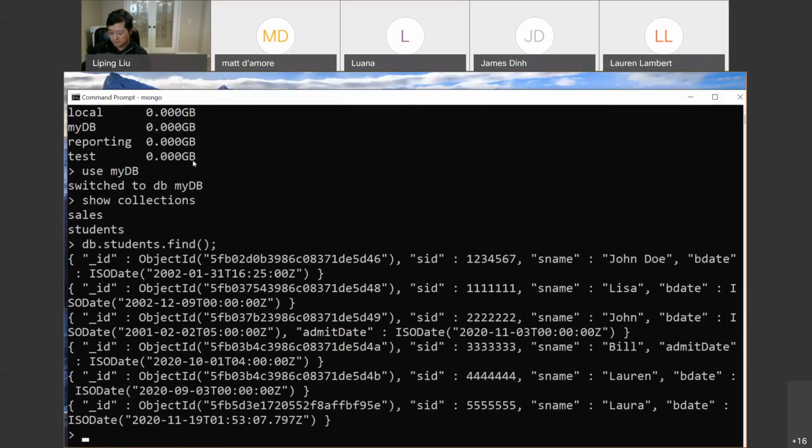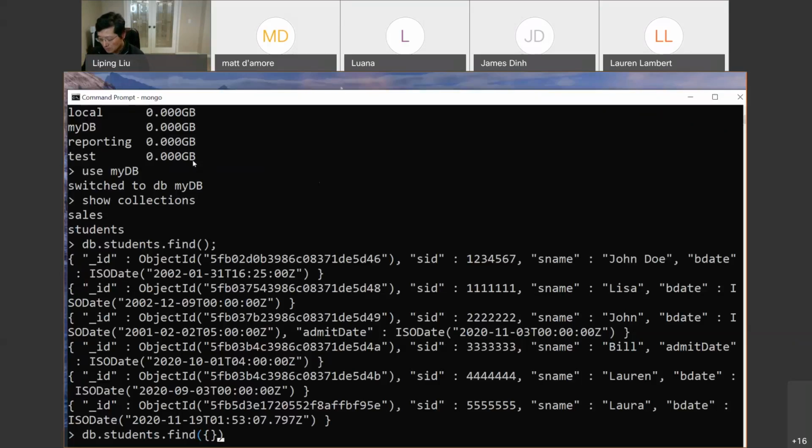how to write documents. So basically, you're going to do db dot, for example, the collection students, and then dot find, and then inside here you're going to put a query filter document. Okay, so the query filter documents, I told you how to specify that. So in the simplest case, you can just say something equal to something. So for example, if I want to check